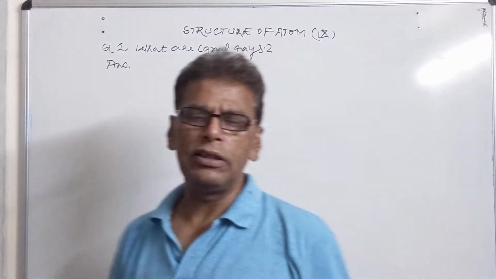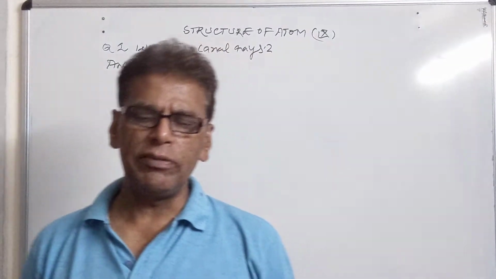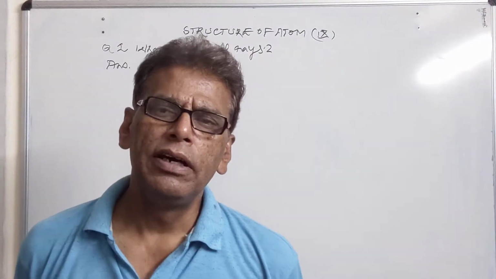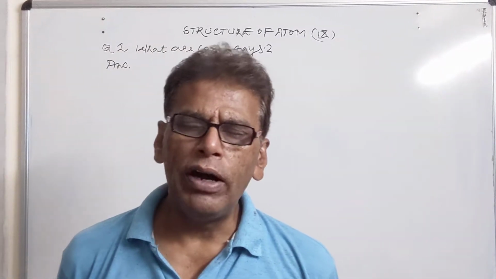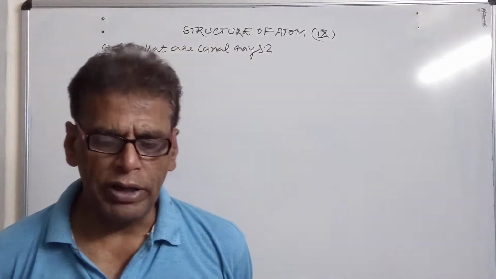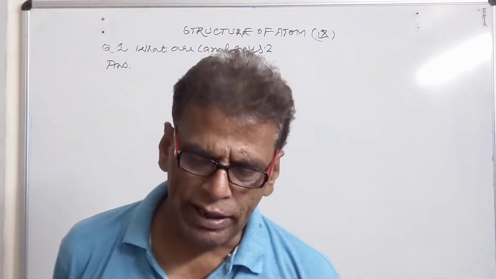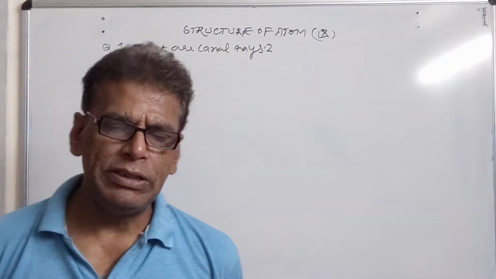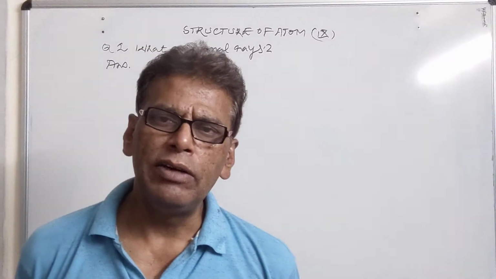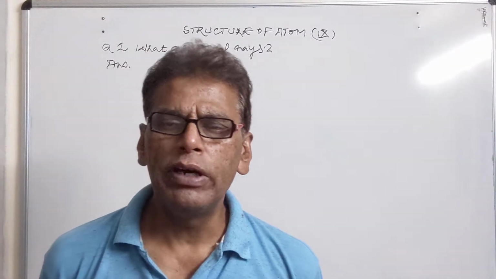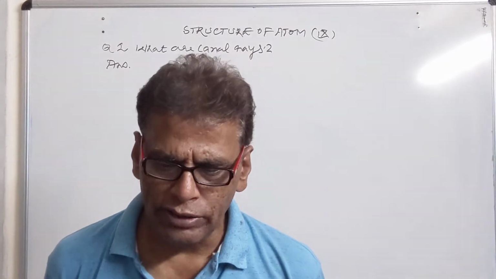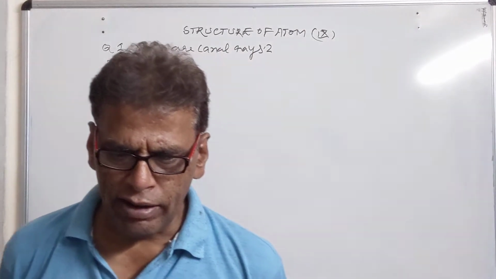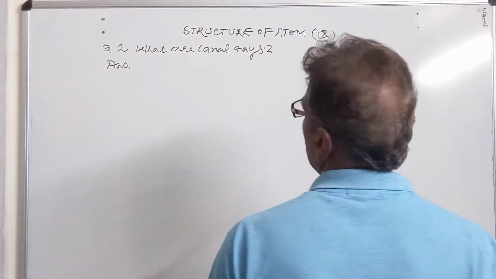So canal rays are the stream of positively charged gaseous ions which have been produced by the knocking off of one or two valence electrons from their neutral gaseous parent atoms. These positively charged gaseous ions appear to be moving from anode to cathode, so they are also called anode rays, or canal rays.